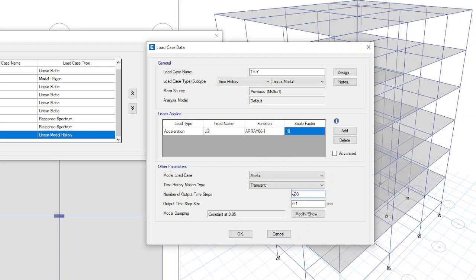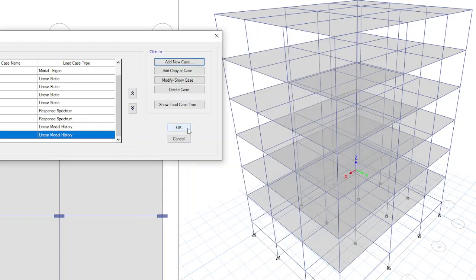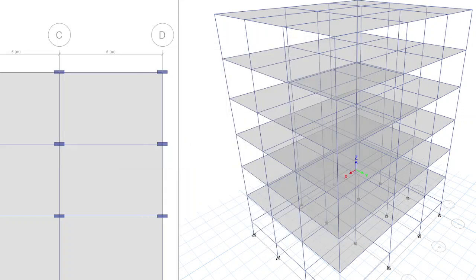In X also it is 10 only. It should be in millimeter per second square, no? No, no, change it to 10 for X also. So click on OK. Again OK. Yes, yes.